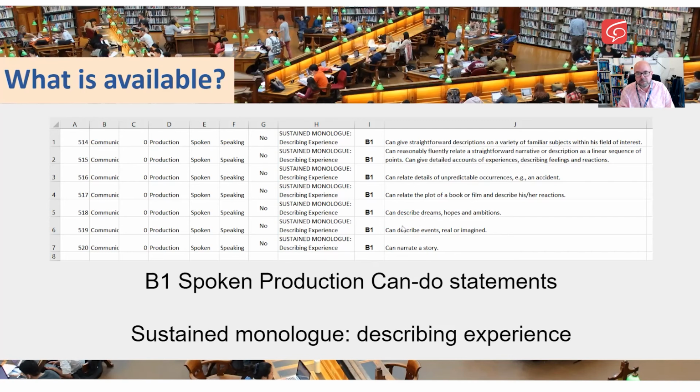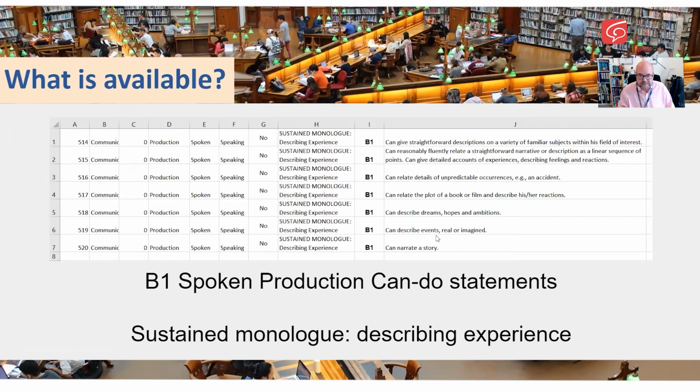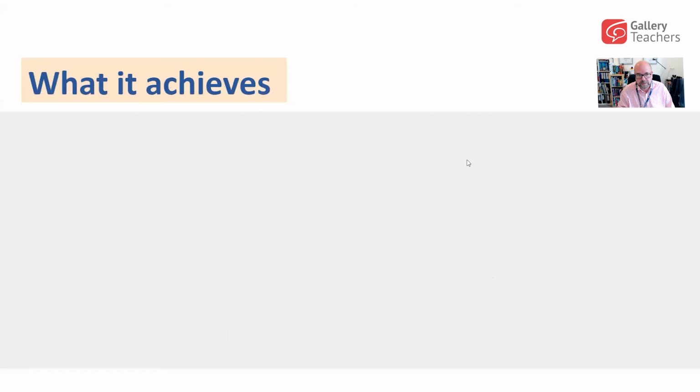So I'm going to suggest, if you want to add variety to your course book, if you want to think about learning outcomes that are speaking sub-skills driven rather than language reformulation or grammar vocabulary review driven, then both the CEFR but also the searchable tool on the NILE website provide really nice ways of accessing this in a way that's easy for you as the teacher to identify what you can be working with, and then potentially developing your own tools and your own resources.